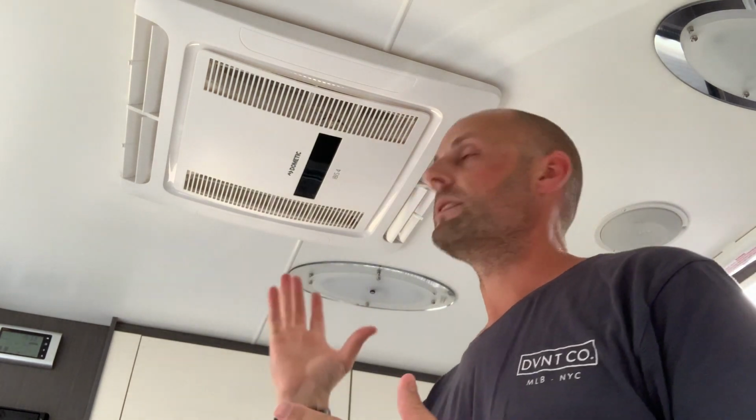Okay, so the aircon unit that I've got is the Dometic Ibis 4. This is a 2019 model caravan. Depending on what year your caravan is, it's depending on what air conditioning unit you have in yours. So I'm basically just going to show you how to clean the Dometic Ibis 4 air conditioning unit. I should imagine that a lot of these units are very similar. So keep watching if you do have a different one, because it'll still teach you how to basically clean the